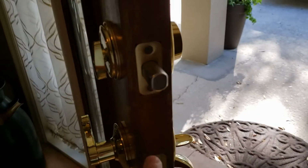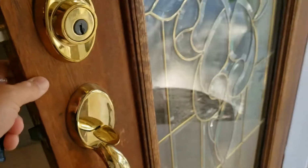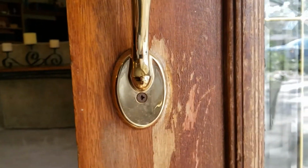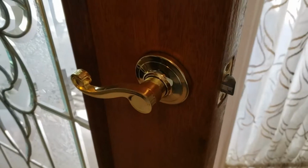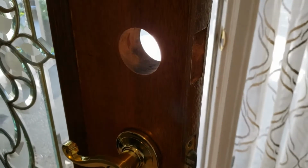And then you're going to want to remove these pieces here as well. This exterior door handle does have a screw down here on the bottom for me to remove as well. Outside of that, those screws and all this hardware should come right off. Okay, so I've gotten the deadbolt off here and took the deadbolt piece that locks to